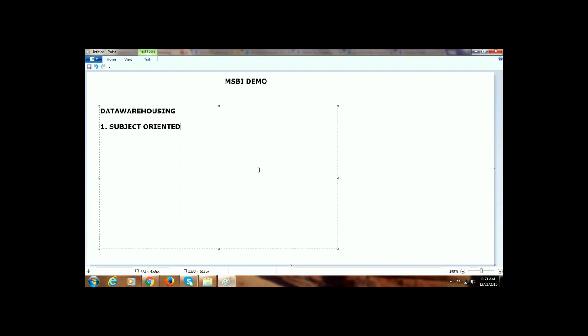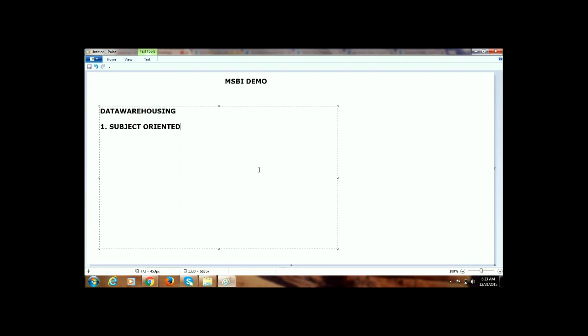How many products were sold, what is the unit price, what are the product IDs, product names, and what is the store ID where this particular transaction happened. This type of information related only to sales will be captured, and that data will be stored in some sales data mart or sales data warehousing database,